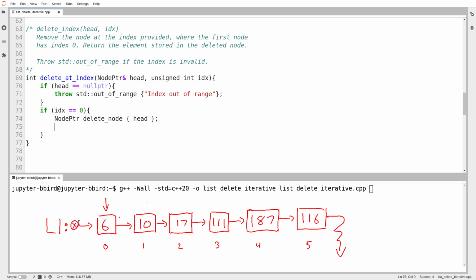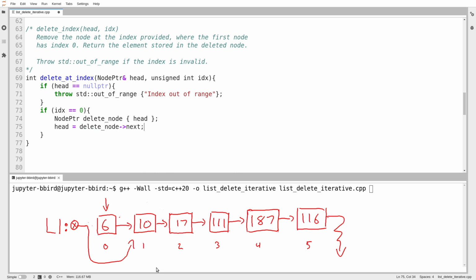So in this case, I've got my head pointer. What I would like to do now is redirect the head pointer to correct the list. So I want to reconstruct the list based on this node that I'm removing no longer being there. I have a pointer to my node to be deleted, so I'm not going to lose it. So now I'll have the head pointer redirect to start at the next node. So that would be delete node arrow next. So head equals delete node